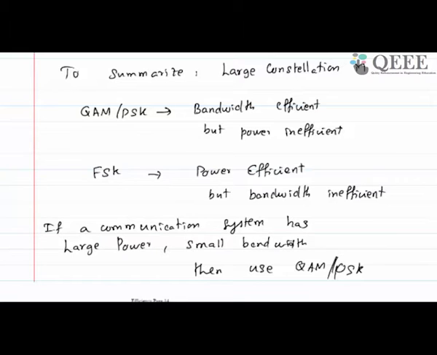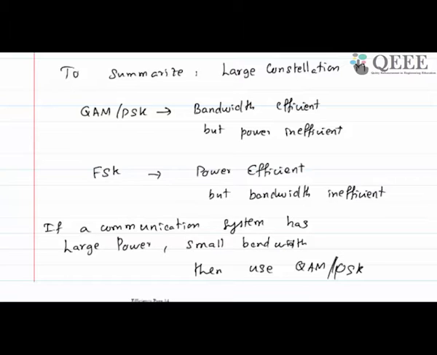On the other hand, when you have a small amount of power but a large amount of bandwidth, you can use FSK. And differential phase shift keying is useful when you have phase mismatch between the receiver, and when you have very low cost oscillators which drift a lot, and there is a lot of phase offset coming in, you can use differential phase shift keying. And even FSK to some extent is robust to phase offset. That point I didn't mention earlier, but now is a good time.